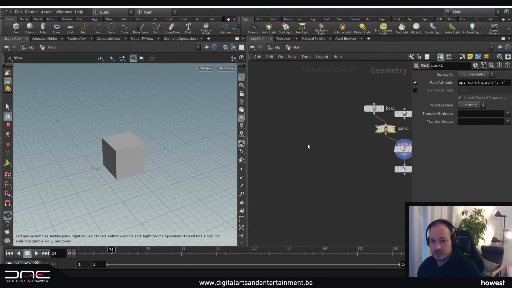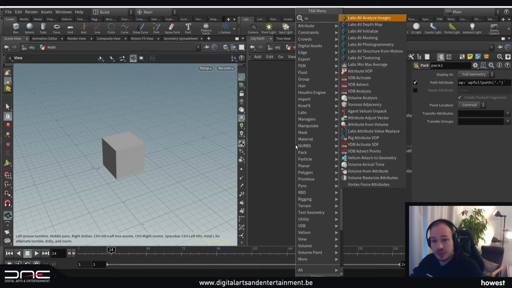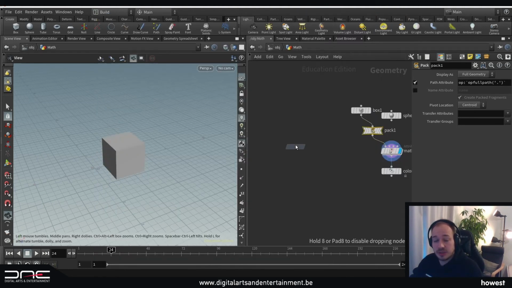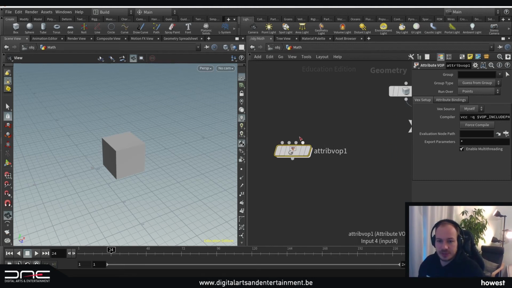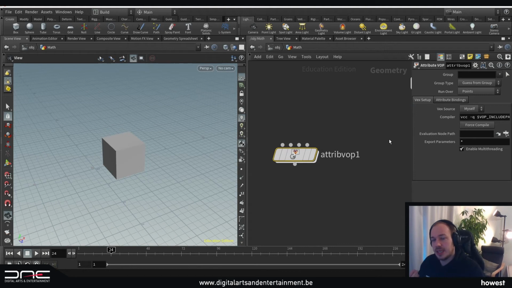So we can first implement this now in a new attribute VOP. So you just type a VOP, and we will try to implement the basic sine wave function. We can use it to move an object, but we can also use it to define a color as well. And that's the thing with the math. The math is universal, right? In the end, you decide what you're going to do with that value that you get out, and you can put that value into a position,